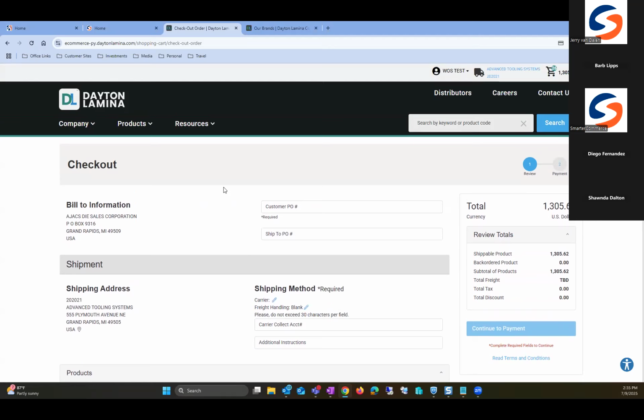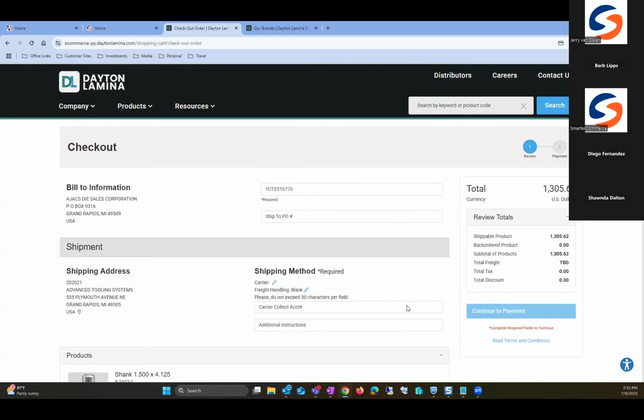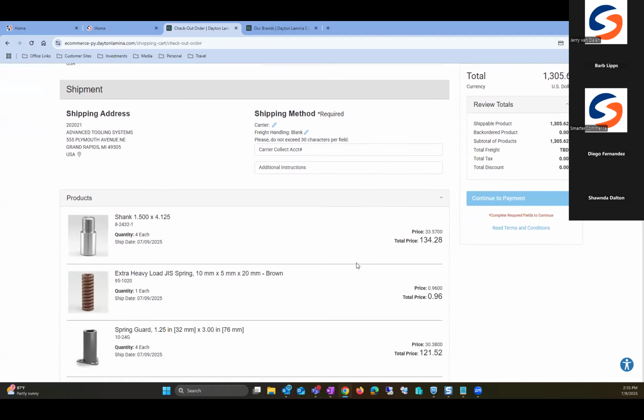We integrate with on-account terms. So if your customers have credit available to them, you can go in and allow them to buy on account against credit limit and terms. Or if they do not, then we also integrate with other payment options such as credit card and alternative payments. So here I'm entering in a PO number, and then I can go through and finalize other information